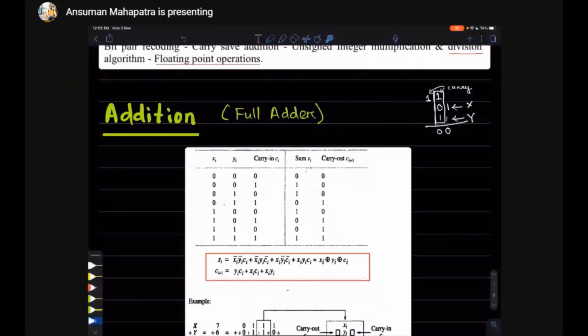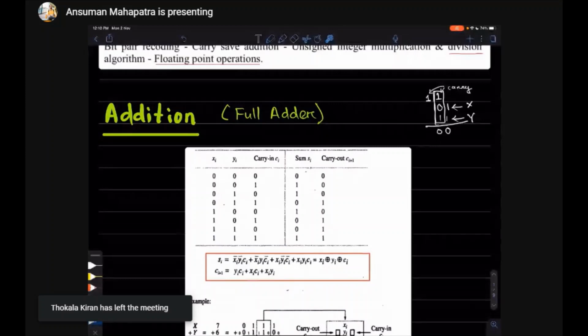So after doing all this, you will get at the end, this is the equation for ci plus 1. Okay, so if you solve it, then you will get this one: yi ci, xi ci, xi yi. So all the 3 combinations of AND. So how many gates do you need to get ci plus 1? 1, 2, 3 AND gates and 2 OR gates.